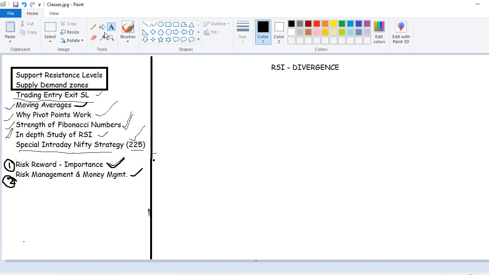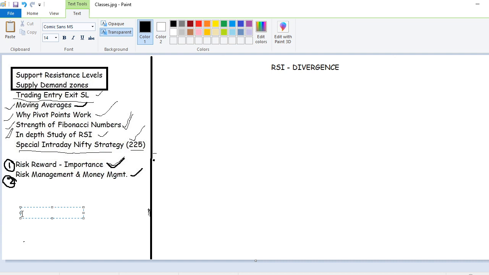For this, what you need to do is change the time frame to 1 hour. Shift the time frame to 1 hour. Use the 1 hour time frame, and overbought and oversold are as they are, 60 and 40. Now I'll tell you how to use this. Time frame is 1 hour, overbought is 60, oversold is 40.